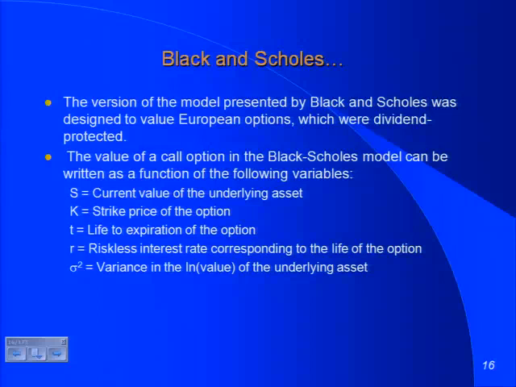So there are 5 variables in the Black-Scholes. But I thought there were 6. What's the missing variable? We have the value of the underlying asset and the variance in the value, but we're missing dividends, right? How come? The original Black-Scholes did not have dividends in it. Do you know the reason for that?